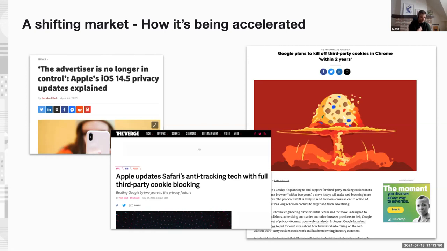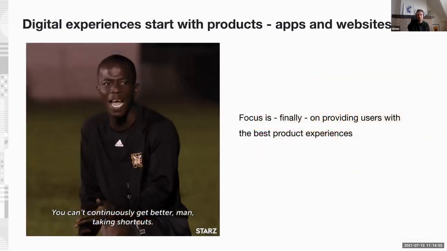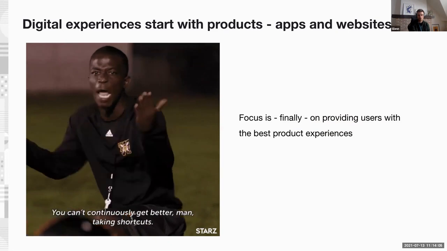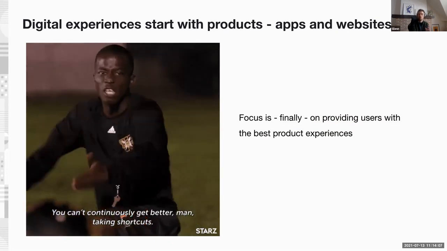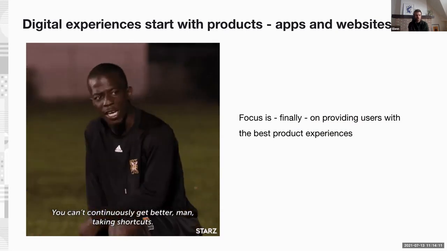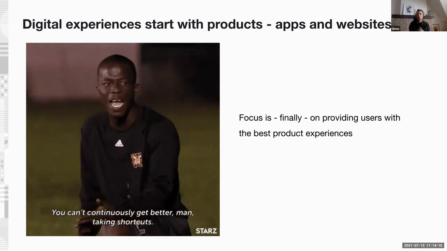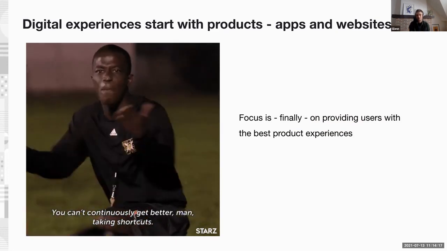From our experience, we see a shift in marketing focus from acquisition to actually building better products and getting that customer experience at the center again. So the good news is that a lot of companies need to restart focusing on customer experience. They're trying to do that. They're rediscovering what it means to have the customer journey beyond acquisition and actually understanding retention. And it means that they have to ditch the shortcuts that some companies were making.